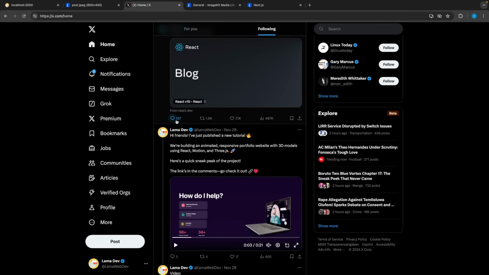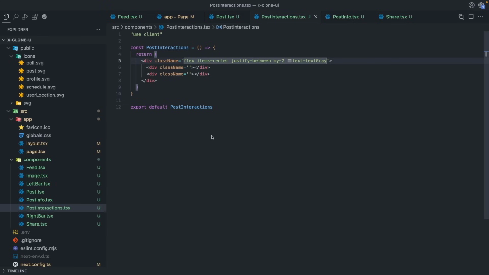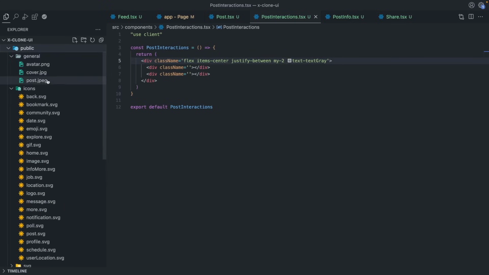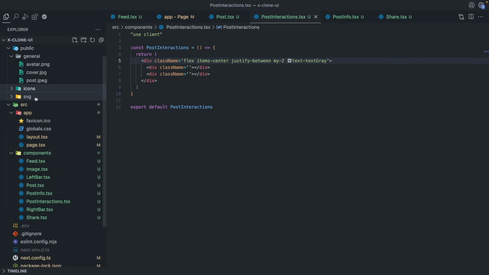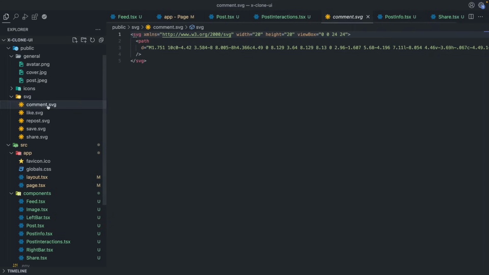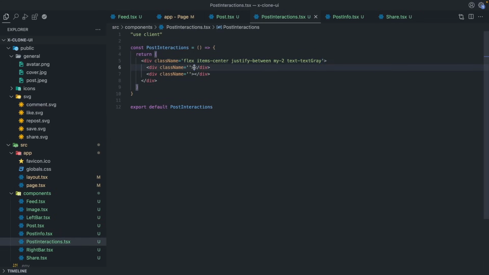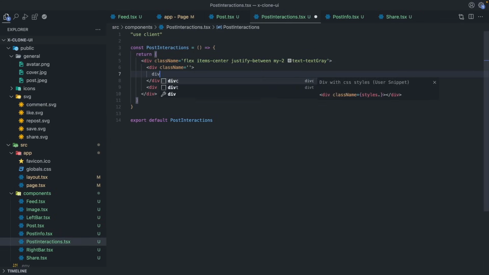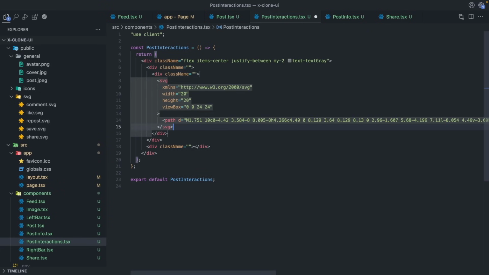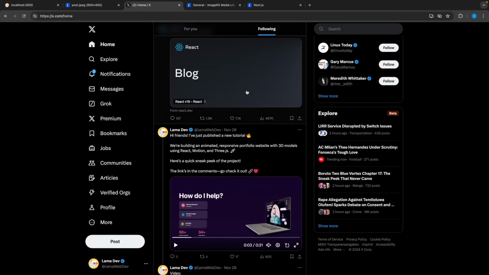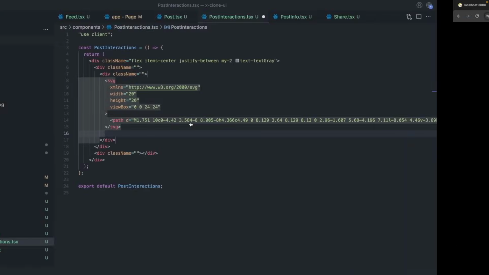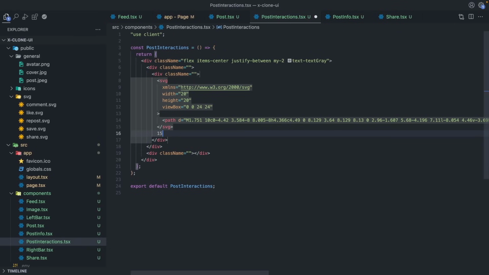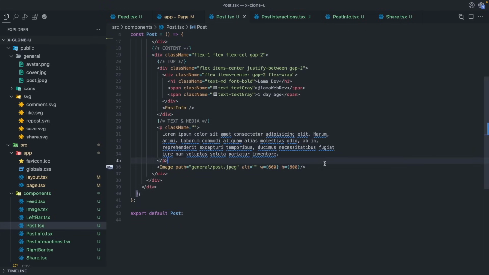Let's start with this one. If you check your public folder, you are gonna see this SVG folder. Let's choose this command, copy this, and create our first item. I'm gonna paste my SVG, and after that I'll say any number here, doesn't matter. Let's use this component here. After this image,